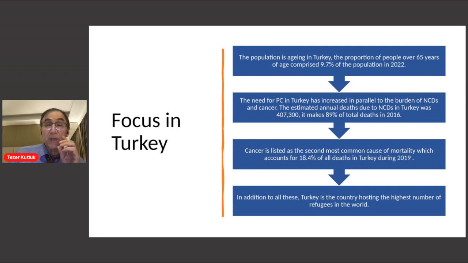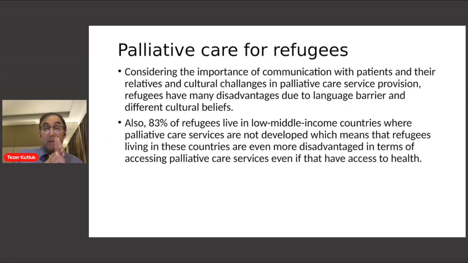When the focus is on Turkey, the population is aging. Cancer is listed as the second most common cause of mortality, which accounts for almost 20% of all deaths in Turkey. In addition to all these, Turkey is the country hosting the highest number of refugees in the world. So,